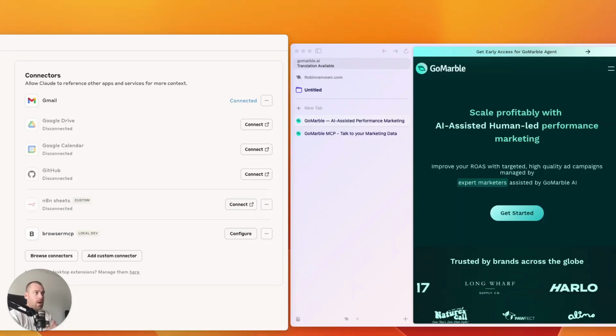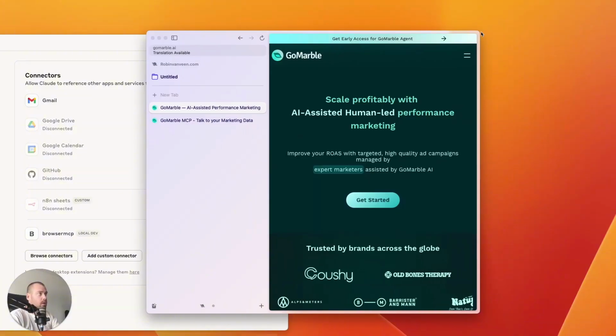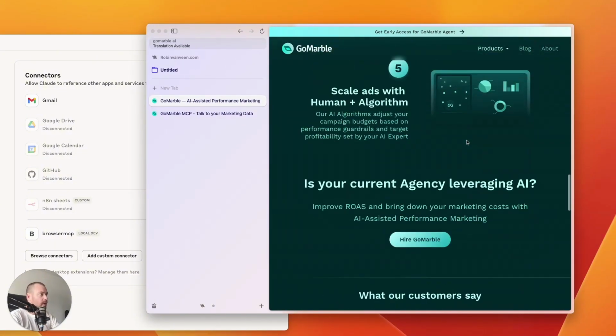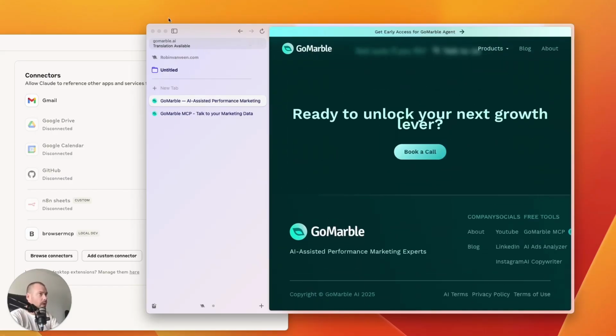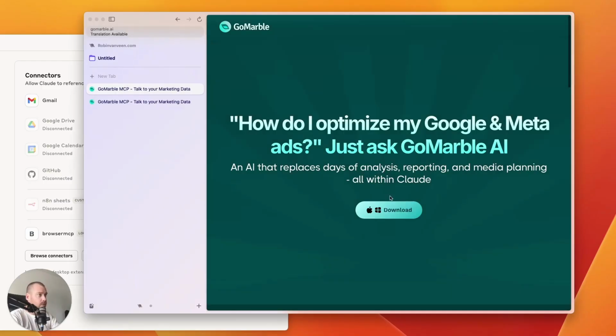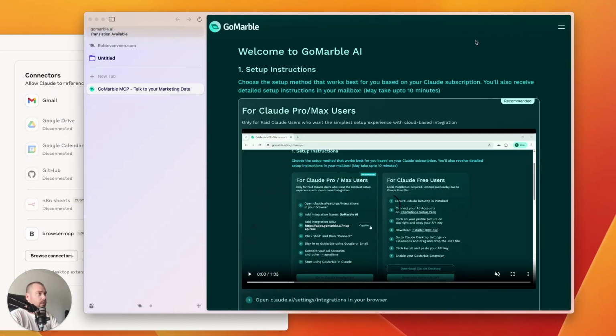So now I'm going to show you how you can set up this assistant. You basically are working with the MCP of GoMarble, because what you need to do is go to the website, then scroll all the way down. You will see GoMarble MCP, right bottom. When you click on that and you click on download, and you fill out this form, you will come